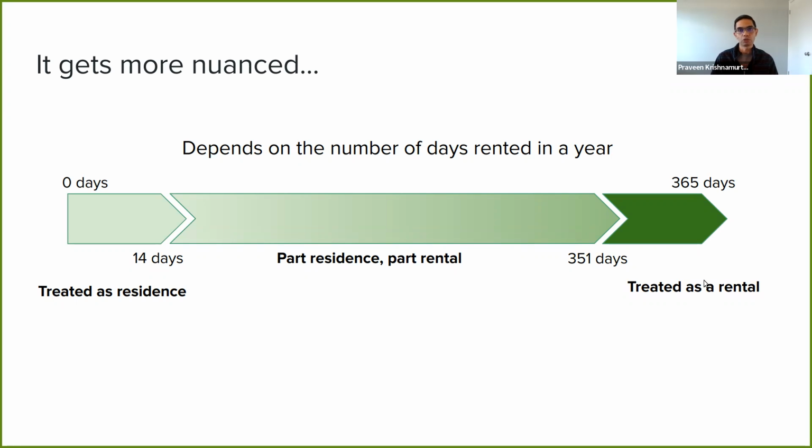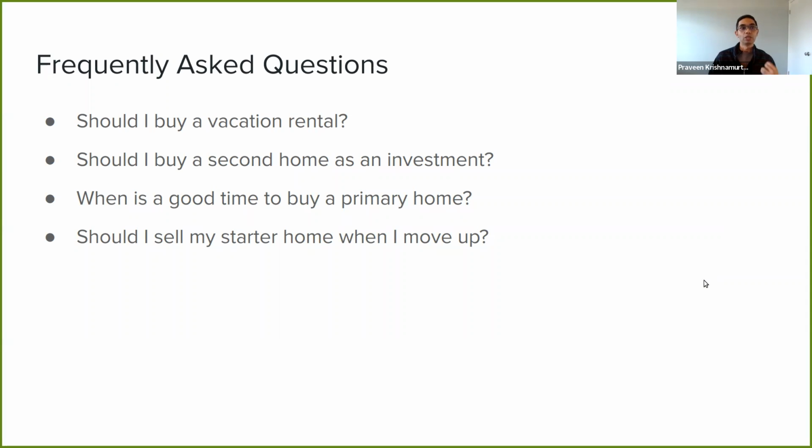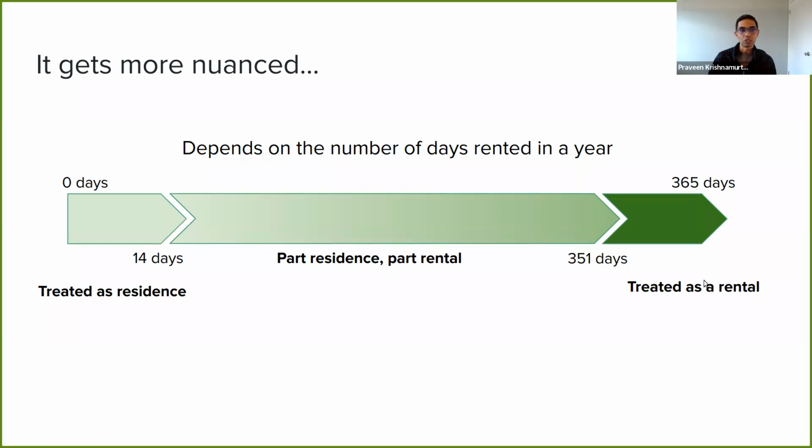You have to maintain records of when you stayed, when it was rented out. There are certain deductions allowed, and certain deductions not allowed. So it's quite involved. So with that, one of the first questions I want to answer is, should I buy a vacation rental? That's a common question. And the answer really is, going back to the slide, it depends. If you're looking at it primarily for your benefit and enjoyment, then wear that hat more fully and look at it as something that you want for yourself.